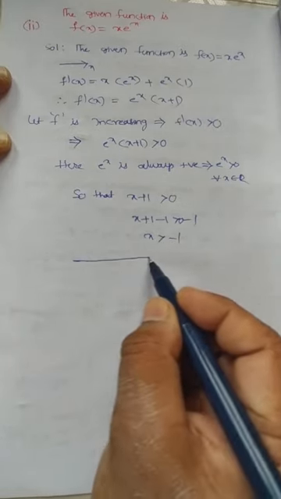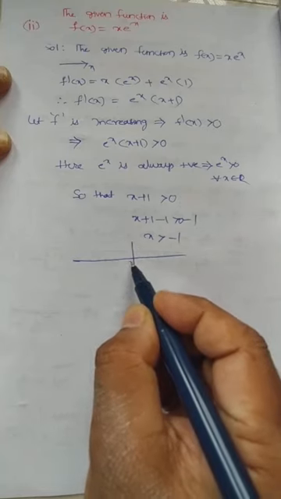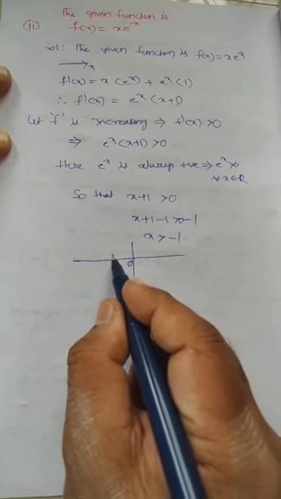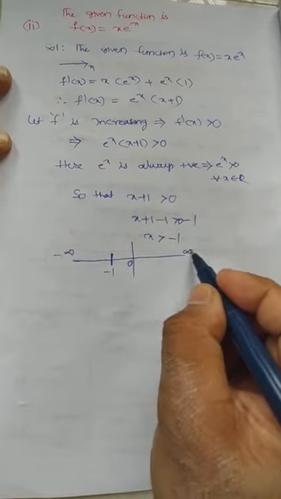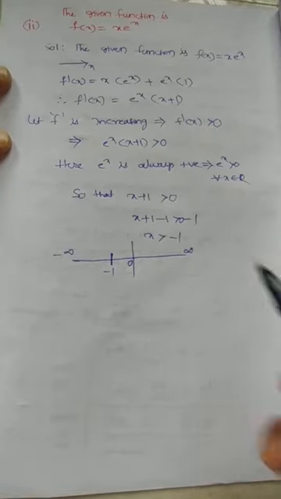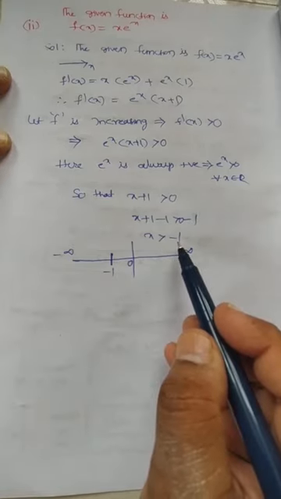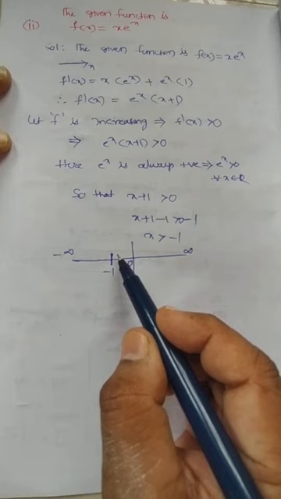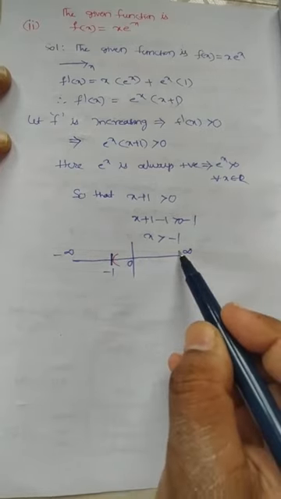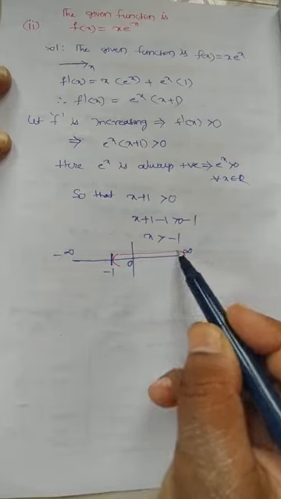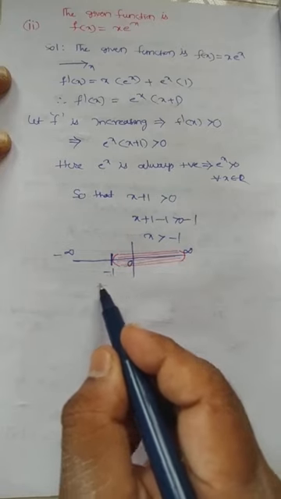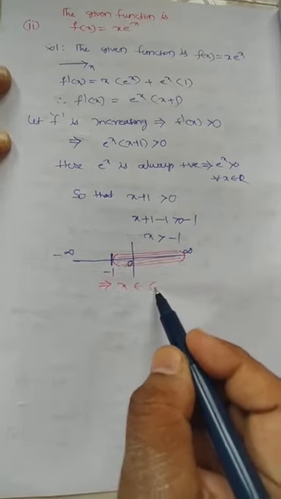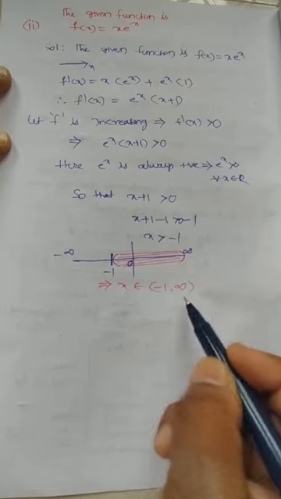We have an x axis here. So it is 0, and it is minus 1, minus infinite, and plus infinite. So which interval does it obey? We have to check now. So x must be greater than minus 1, which means after minus 1 to infinite it will show. So these are all the real values that satisfy the above relation, isn't it? So that implies x belongs to minus 1 to infinite.